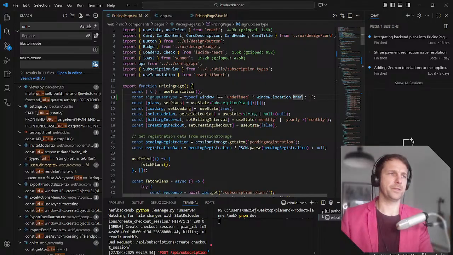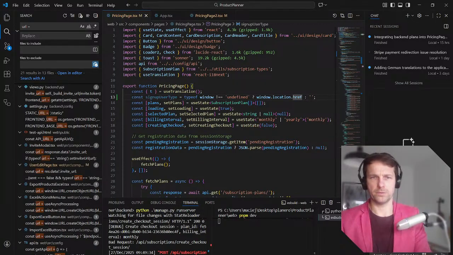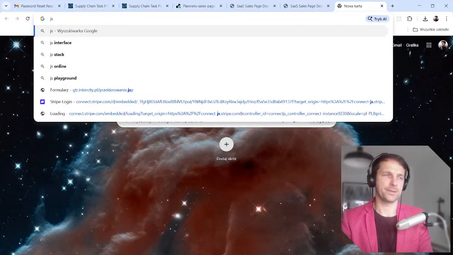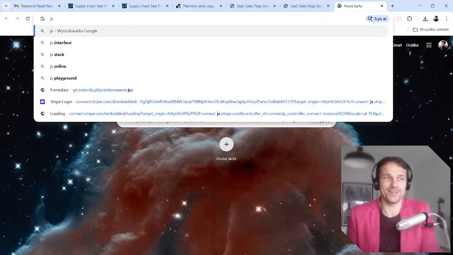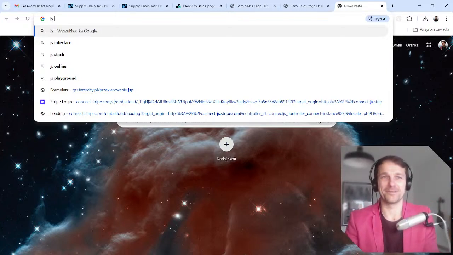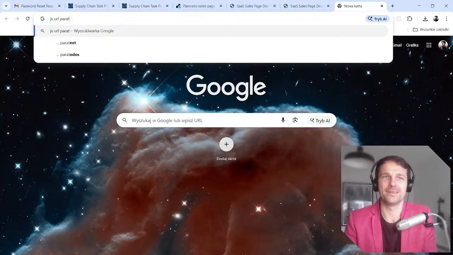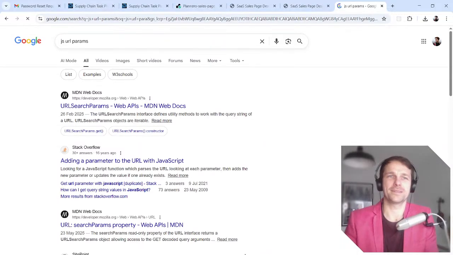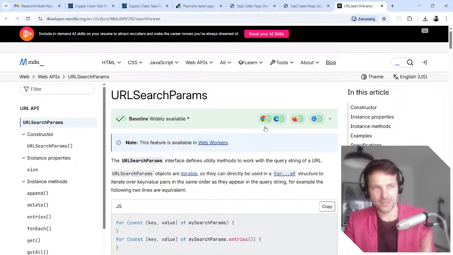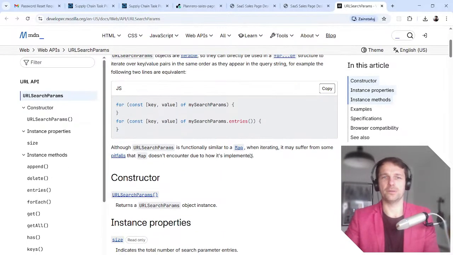So we're gonna check it from URL parameters, and that's just JavaScript. So we have to figure out how the JavaScript does it. You can be as senior as I am, I've been at it 15 years and I don't remember how to pick up a URL parameter through JavaScript from the browser. I just keep on forgetting. JS URL parameter params. Okay, params. Let's have this one. URL params search params. Yeah, that's the one. I can go for Stack Overflow. I could have asked AI to do it, but I want to do it the old-fashioned way.